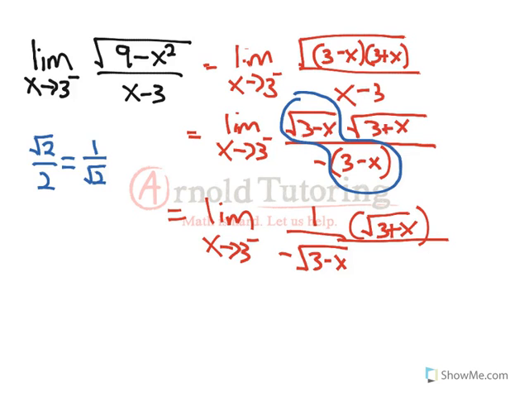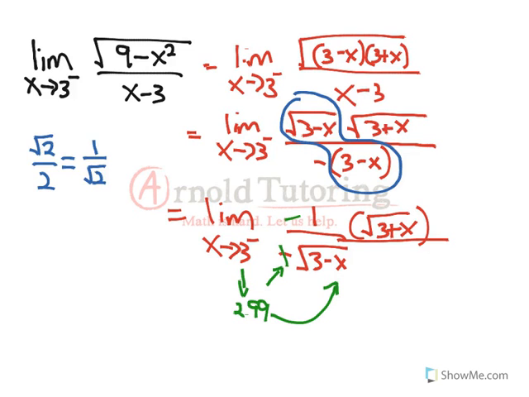Now let's take a look at what happens when we plug in the 3. Again, it's 3 from the left, so it's really more like 2.999 because it's slightly less than 3. When we plug that in here, this square root is going to 0, but it's still positive under the square root, so we can actually solve it. But that's going to 0 with a bit of a negative in front of it,